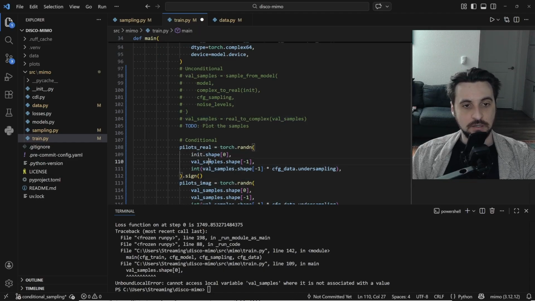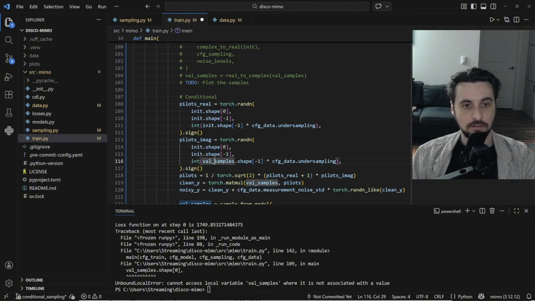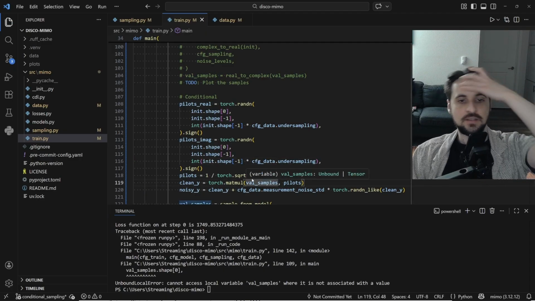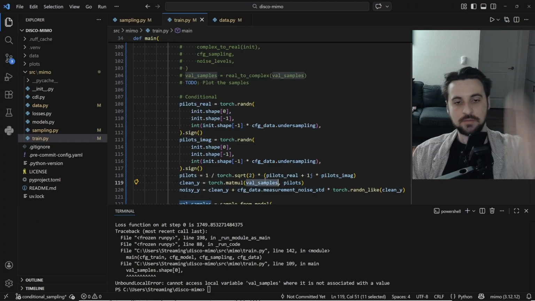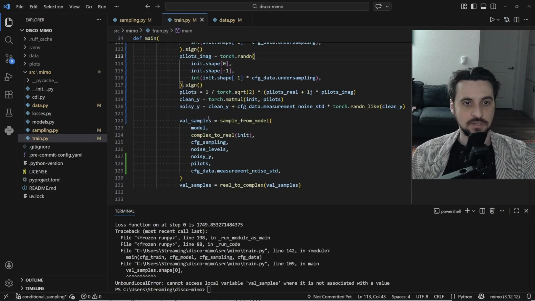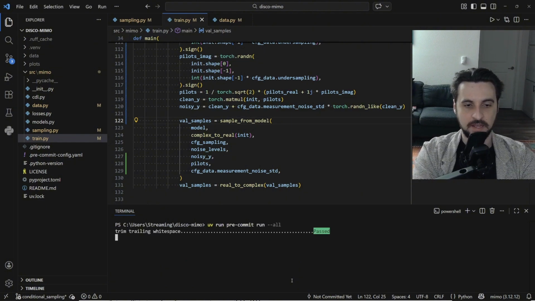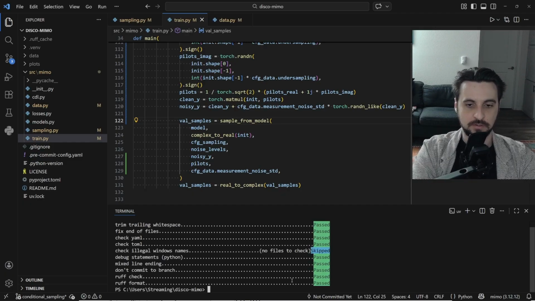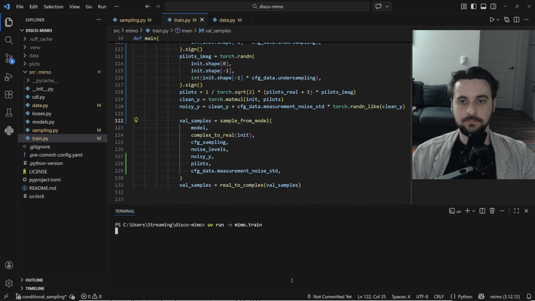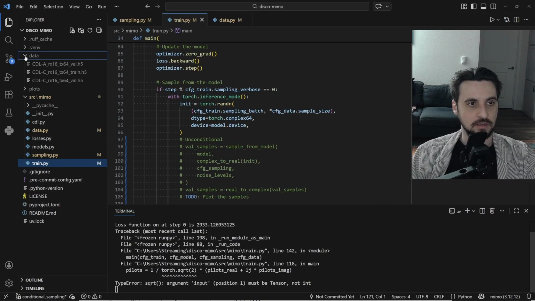I can use init here independently because it's only for shapes. Yes, I can. Oh, but wait, I need validation data. I actually need real validation data. Okay, I'm just going to do it on init, which is just random Gaussian channels, just to see if the thing works. But that has to be a real channel, so I actually need a fully sampled channel. Which we have, because I have the validation data. It's just a matter of only getting